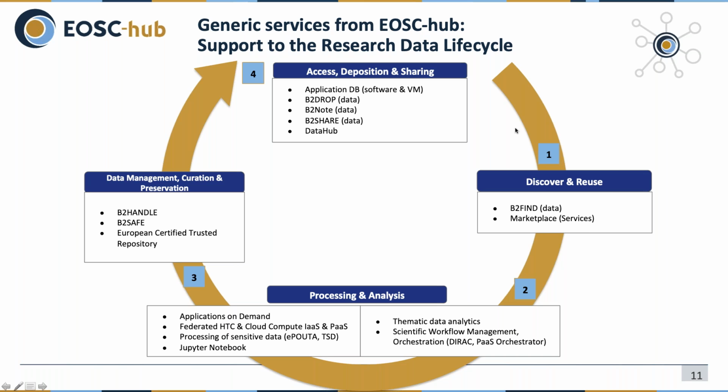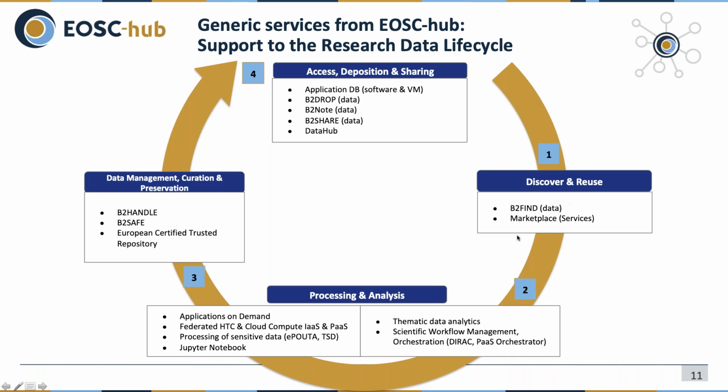Here, when we talk about e-science and online research, we think about what data sets are already available, what applications or tools are already available to process the data, to mine the data, to have a new understanding of the meaning of the data. These kinds of elements can be discovered and reused from two services in EOSC or EOSC-hub, the B2FIND and the marketplace, which I will talk about soon.